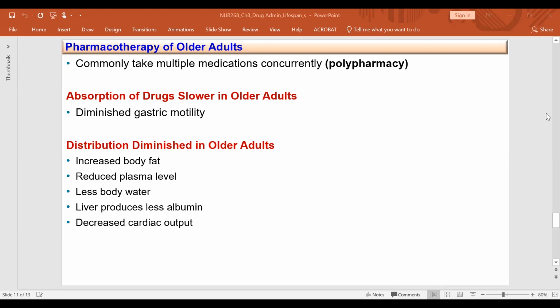So the normal physiological changes of aging can alter the pharmacokinetic and pharmacodynamic responses to drugs in older adults. So it's important that we use what is called individualization of treatment, which is a very essential concept in prescribing medications to older adults. Each patient must be monitored for desired and adverse responses, and the regimen must be adhered to. So we have to monitor the patient's compliance and adherence to the prescribed regimen.